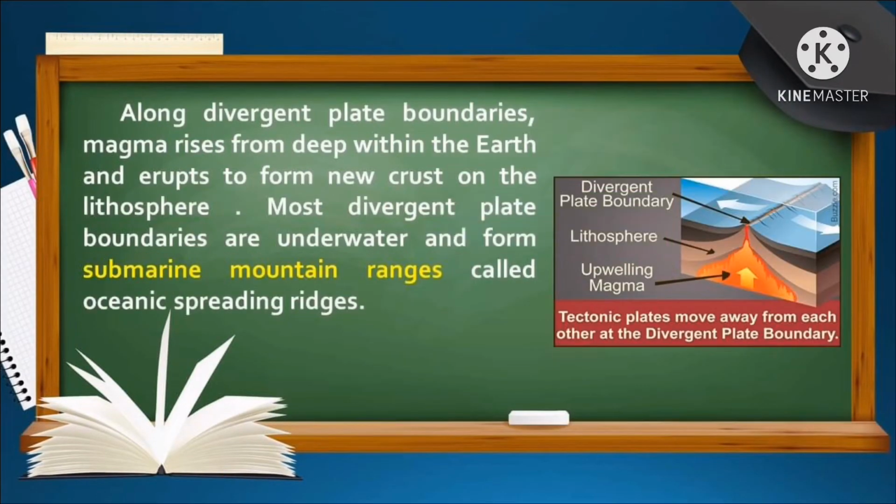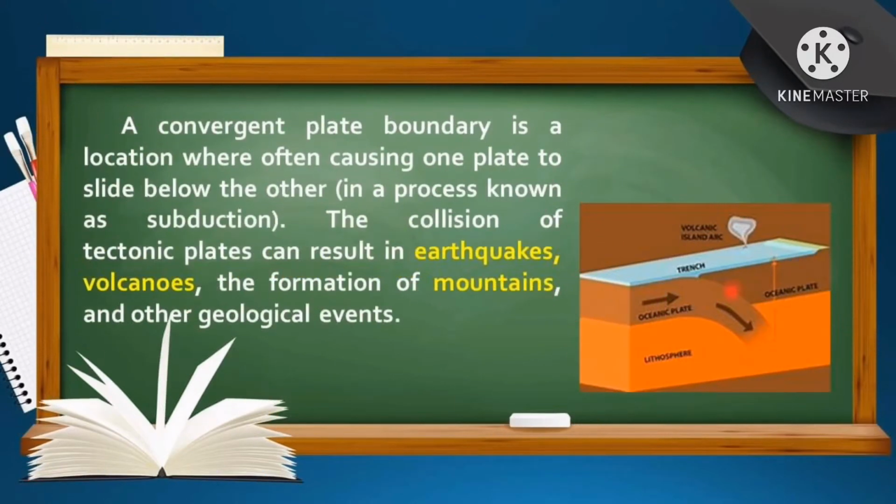Along divergent plate boundaries, magma rises from deep within the earth and erupts to form new crust on the lithosphere. Most divergent plate boundaries are underwater and form submarine mountain ranges called oceanic spreading ridges. A convergent plate boundary is a location where plates collide, often causing one plate to slide below the other in a process known as subduction. The collision of tectonic plates can result in earthquakes, volcanoes, the formation of mountains, and other geological